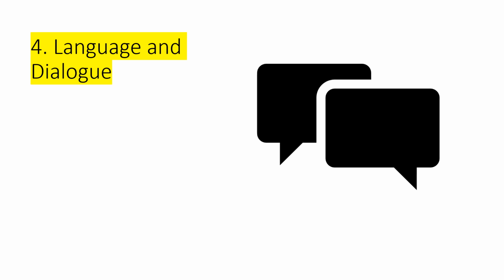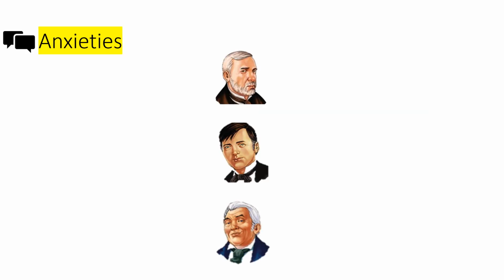So all the language in the novel can be a little bit confusing, it's quite convoluted, but it's there for a reason, and I think we're going to get into some of those reasons today. Firstly then, the gentlemen's dialogue reflects their anxieties in the novel. The gentlemanly characters in Jekyll and Hyde often hide their anxieties behind polite dialogue.